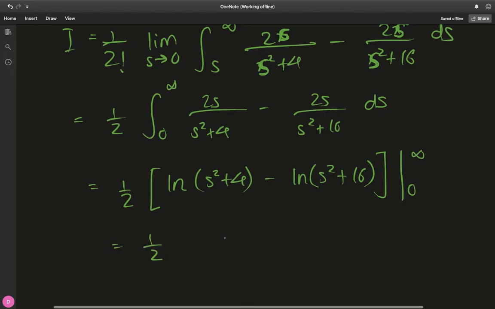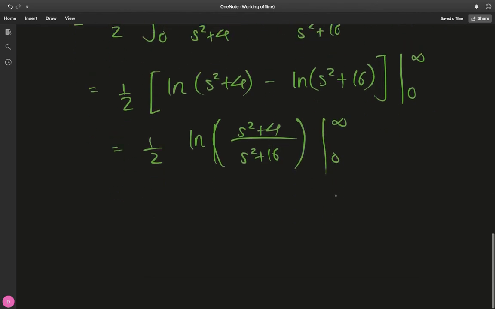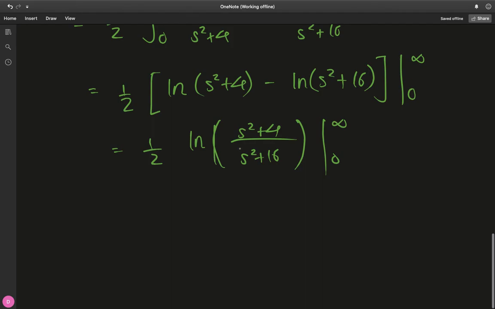This is half of the natural log of s squared plus 4 divided by s squared plus 16 evaluated from 0 to infinity. So at infinity, the limit as s tends to infinity, everything will become 1 because the leading coefficients of these dominating terms are 1. So we have 1 over 1, which is natural log of 1, which is 0,